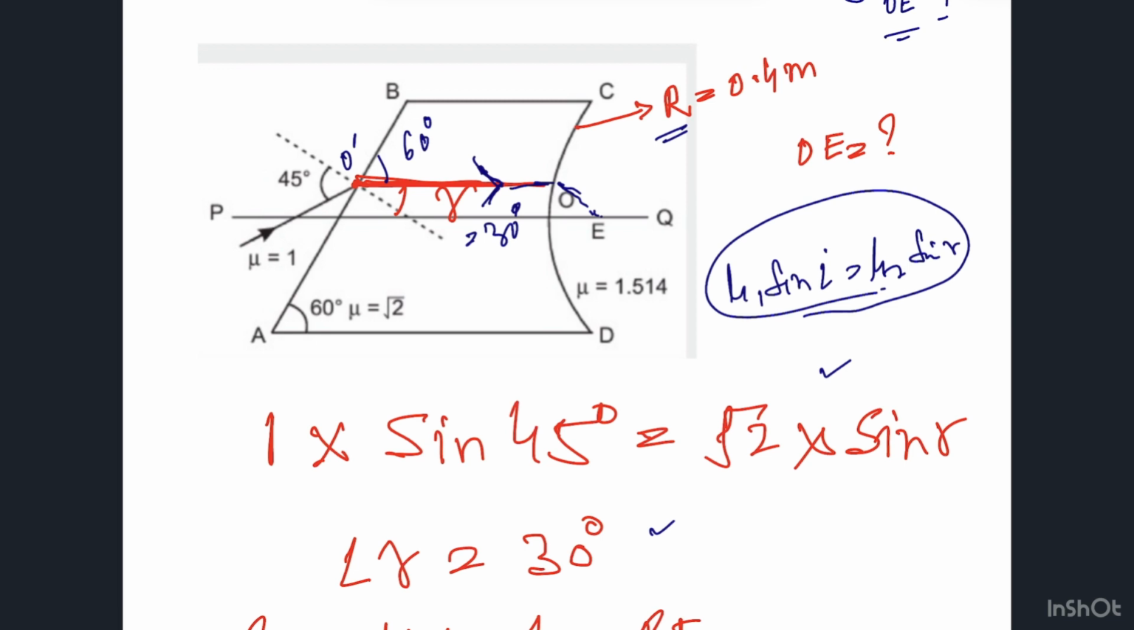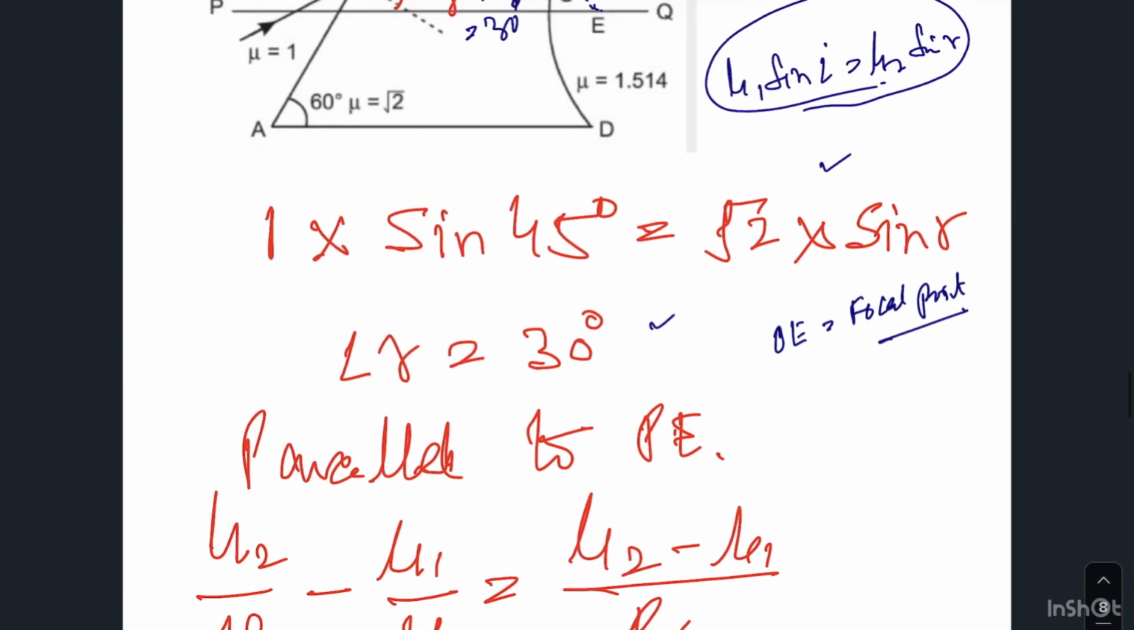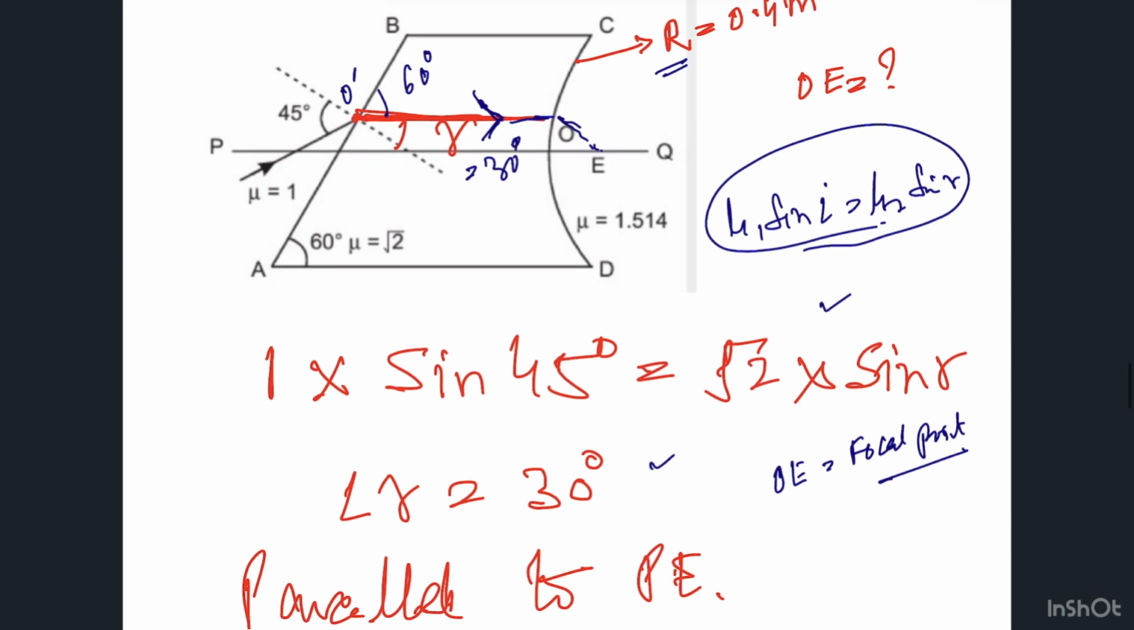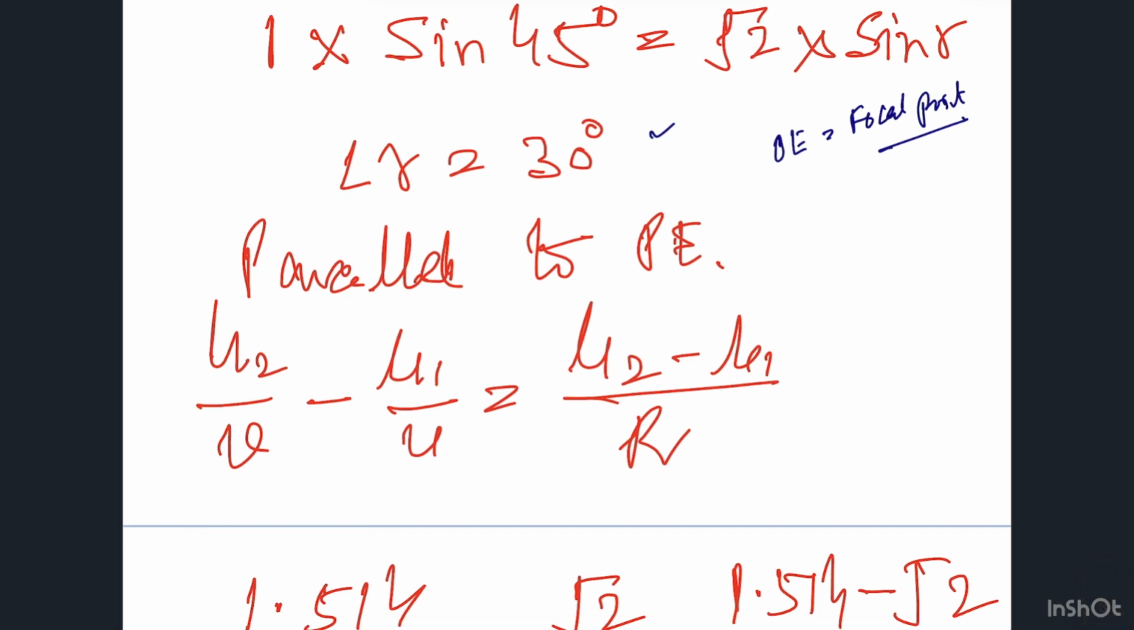So basically, this is nothing but OE. OE is nothing but the focal point or focus of this spherical surface. Now, this refraction from the spherical surface we can solve like this: mu2 upon v minus mu1 upon u is equal